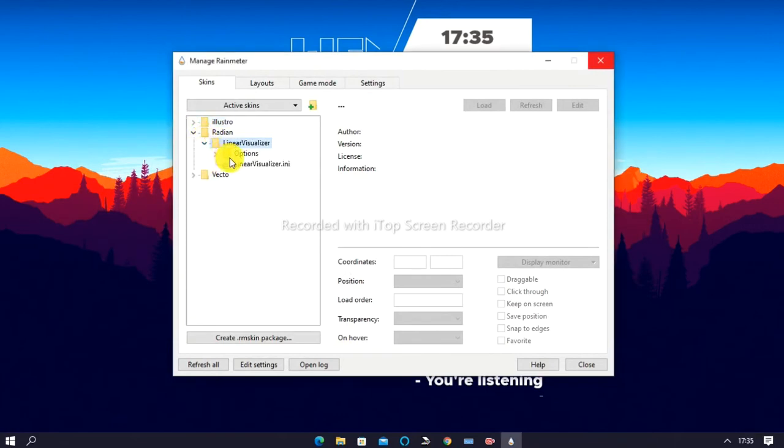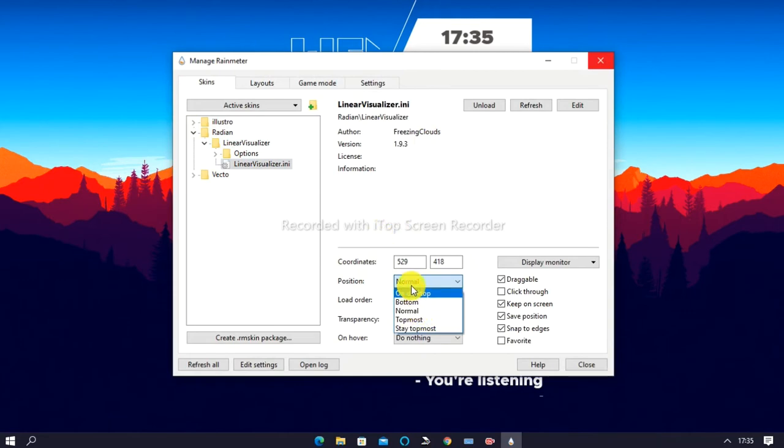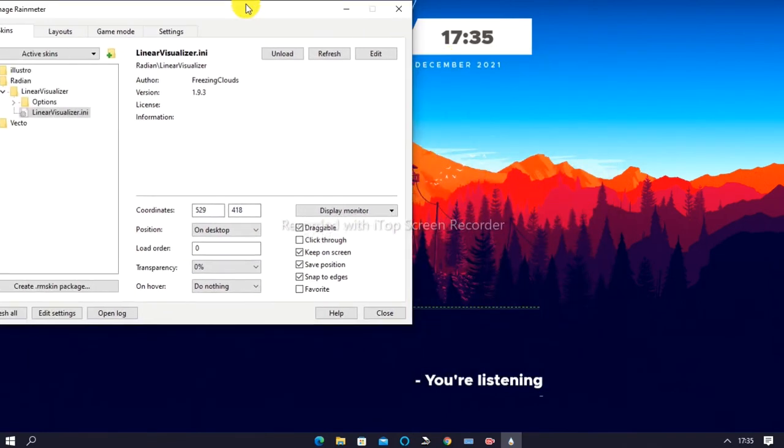First we have to go to Radiant Linear Visualizer. Then on the main part we have to click on the normal desktop position. It is being normal, we have to click on desktop. Next is already the same, so I'll just click on here. 418, okay, I will go for 420 and 50.